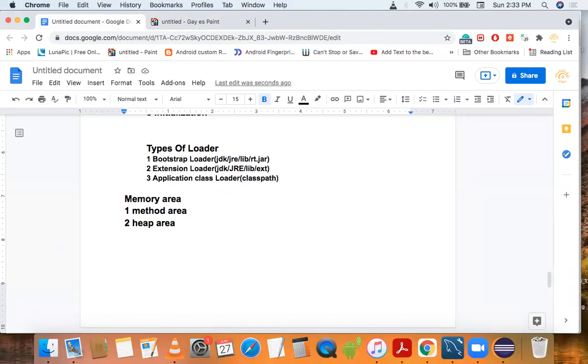So inside heap area, we store our object level data. So what are the object level data? All instance variable, all array, because array also is the object in Java. So we can also store array in heap area. Third one is we can store our all objects.